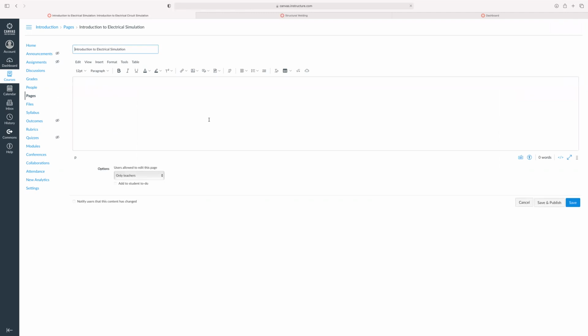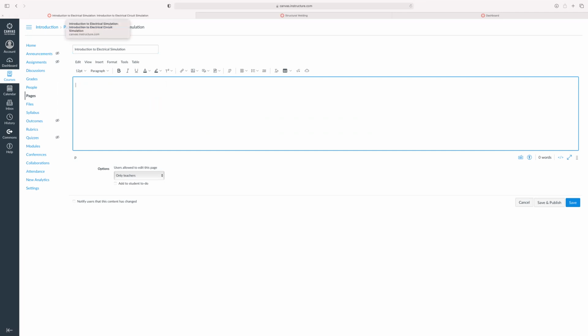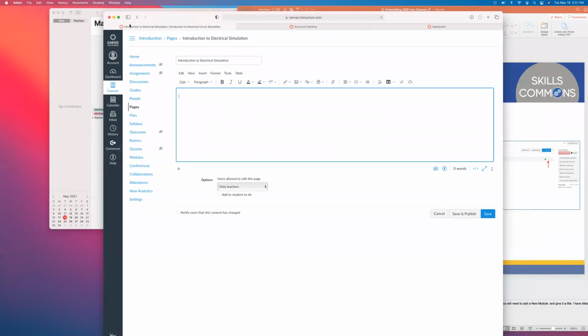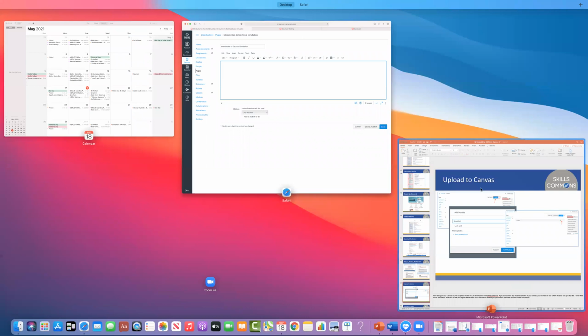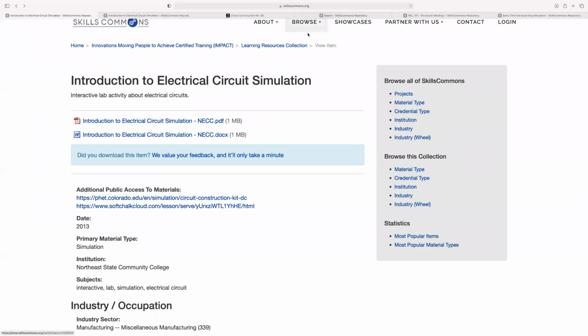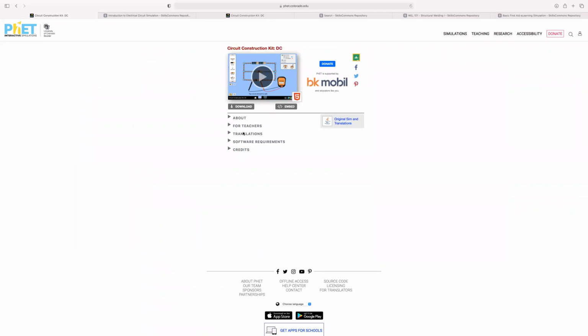Now at this point, I need to go back to SkillsCommons, because what am I going to upload? I'm going to actually put in an embed code. So I'm going to stop this example here on Canvas. Okay, so I'm going to go back to SkillsCommons. There it is, because I left that up in the full version. So here I see the full screen view. Here I find the link to the simulation,